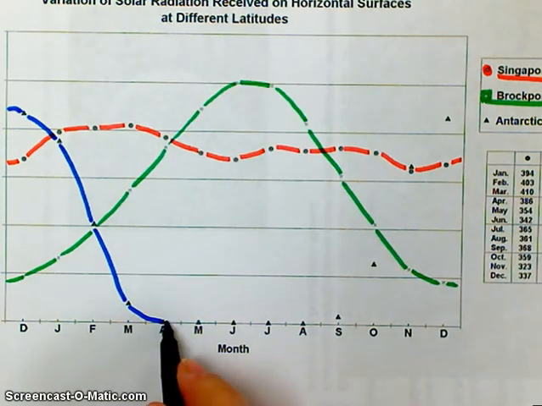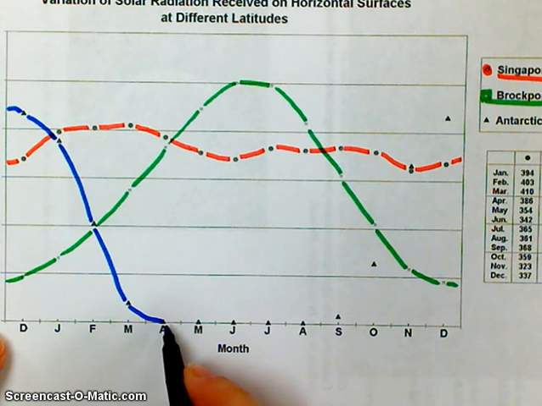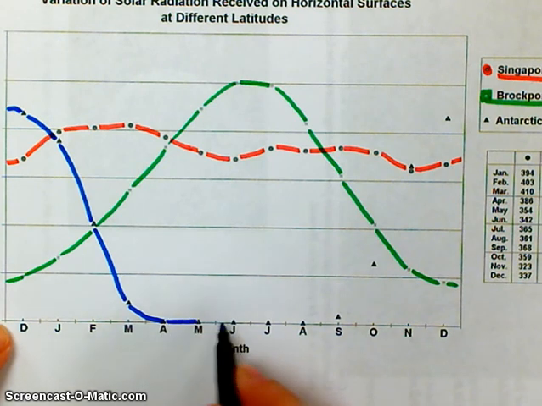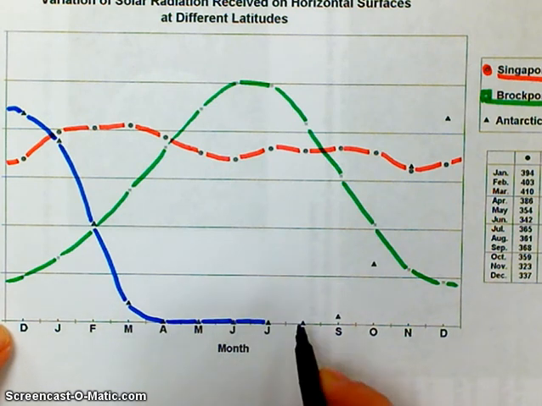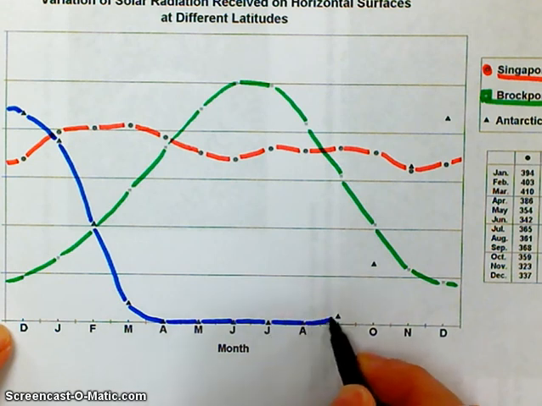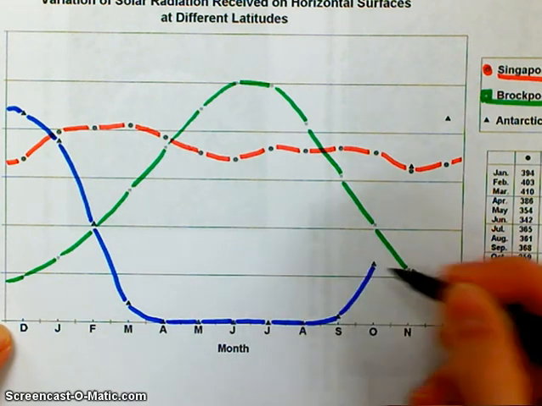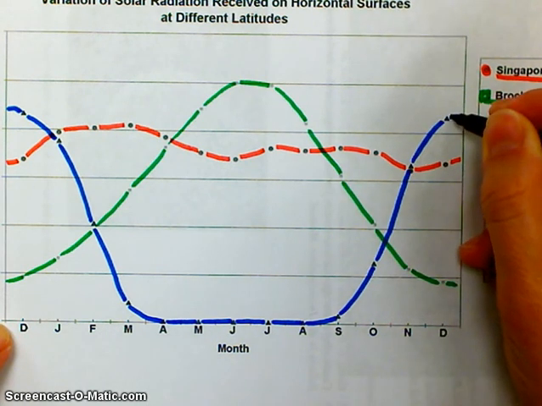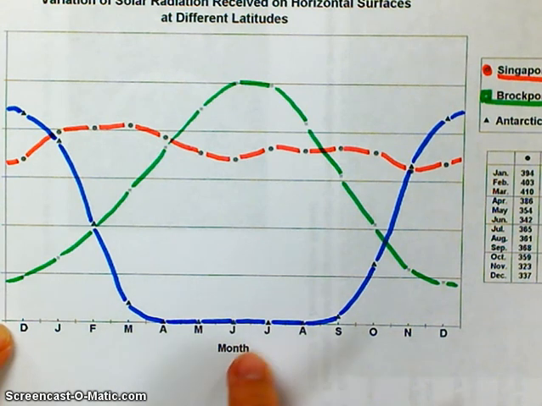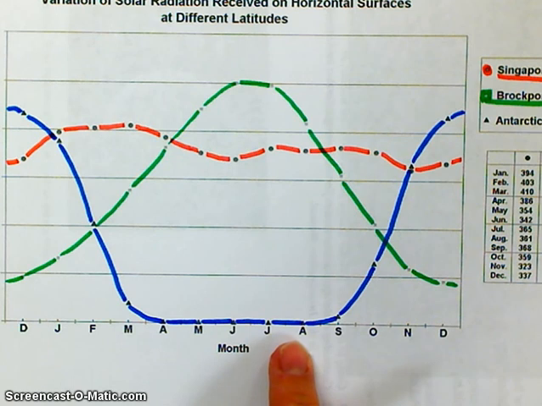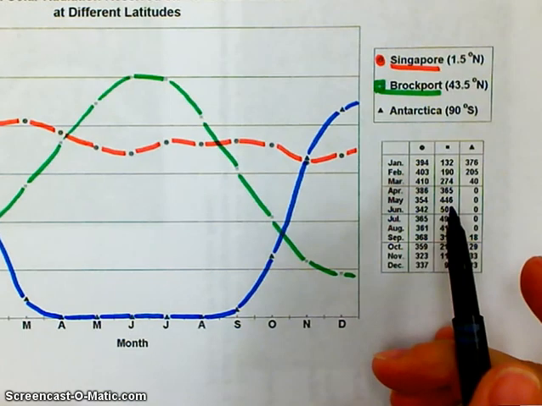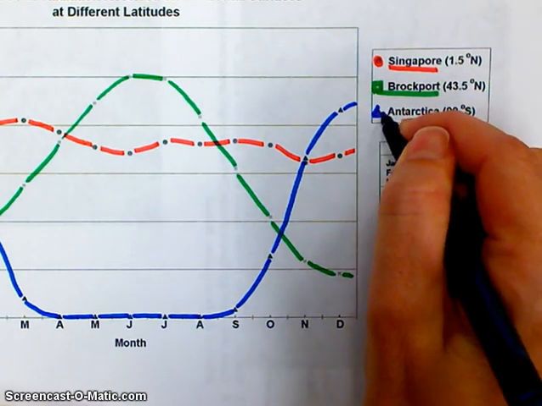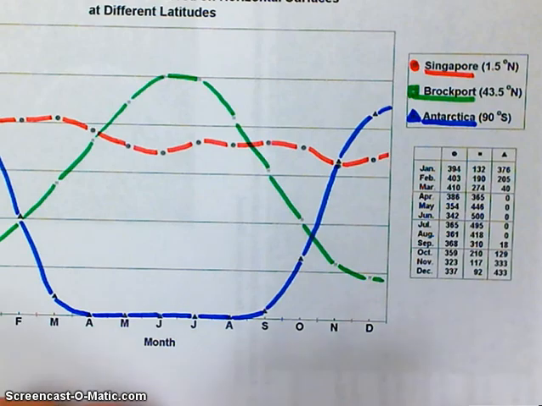Ooh, what do you notice down here about Antarctica? What's the average daily radiation for a lot of the year? It is basically 0. Because you think about it, we know at the polar locations, they are in darkness for part of the year. So obviously, during the southern hemisphere's winter, we're going to get no radiation received because the sun's not above the horizon for that location. Okay? All right. And I'm going to go back over here and make sure I mark that Antarctica is in blue.